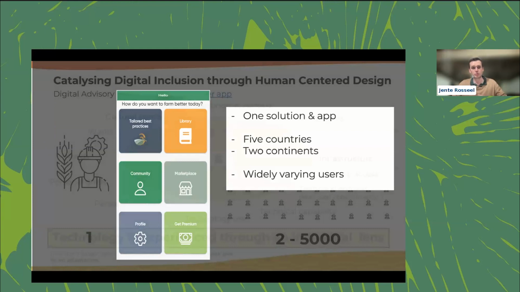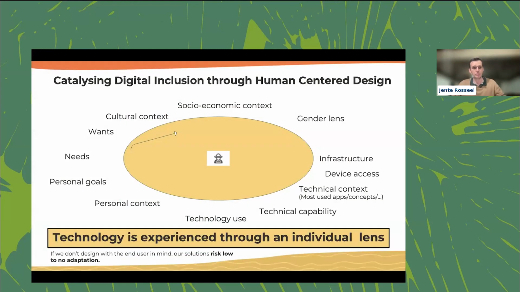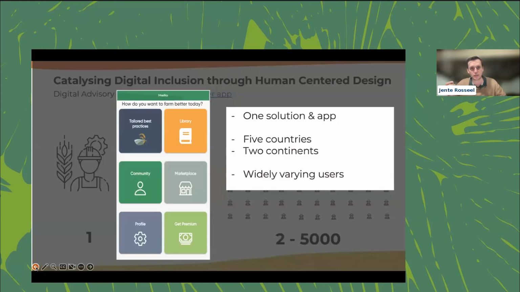So when we started the process, we had one solution and one app, but we had many different users. And I'll talk a bit about those later. But we also were doing it in 5 countries. So AgriPath is doing it in Burkina Faso, Uganda, Tanzania, India, and Nepal. And then beyond that, FarmBetter is also active in Colombia, Ecuador, and Kenya, amongst others, Mozambique as well. So there are many different contexts. And if we go to the next slide,